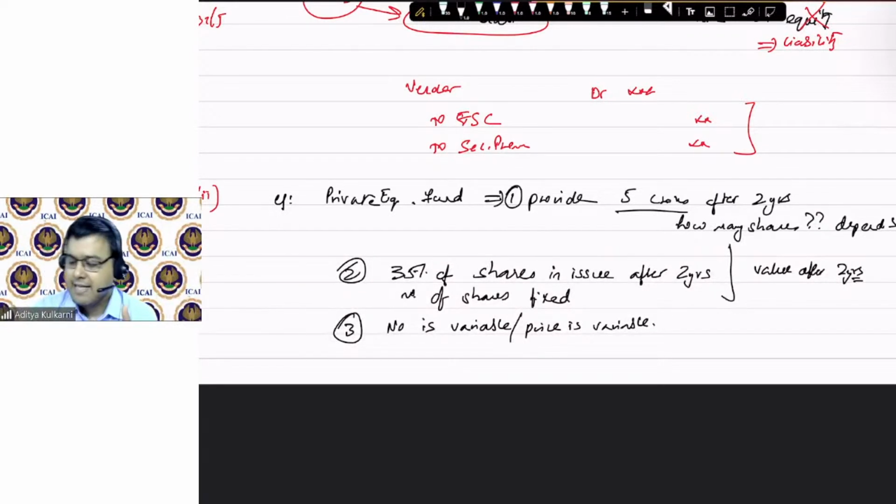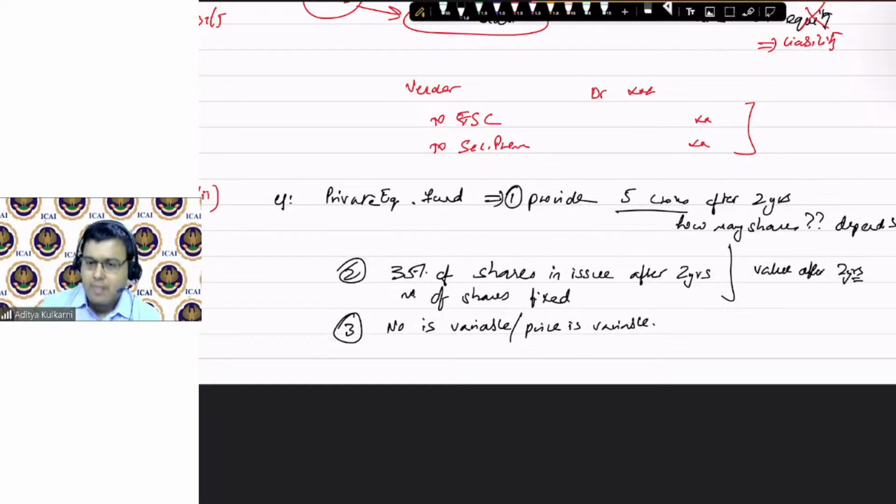So therefore, can I say that in both the cases, the first two cases, the private equity fund is exhibiting a liability nature because it is fixing its own stakes in the startup. And in the third case, also, it is saying, depending on my interest, the number of shares could be variable or price could be variable, whatever it is. But my interest is of prime importance. Based on my interest, I will accept the number of shares from you.